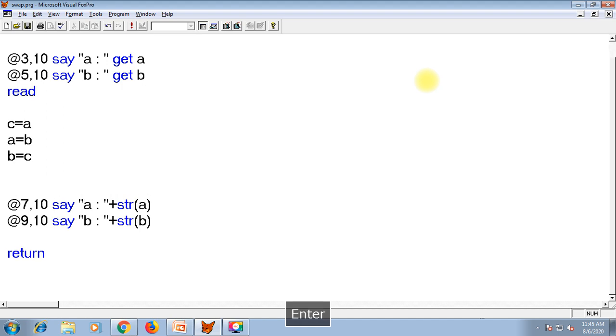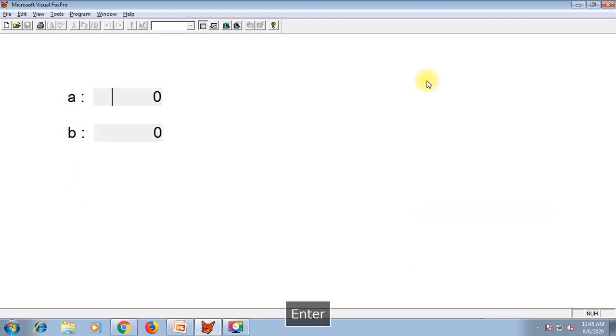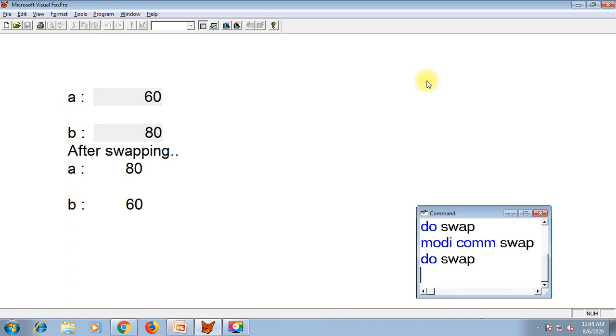So here I shall print something at the rate 6,10, say after swapping. After swapping, just to print, nothing else. Again enter some value, suppose 60, 80. After swapping, A is 80 and B is 60.